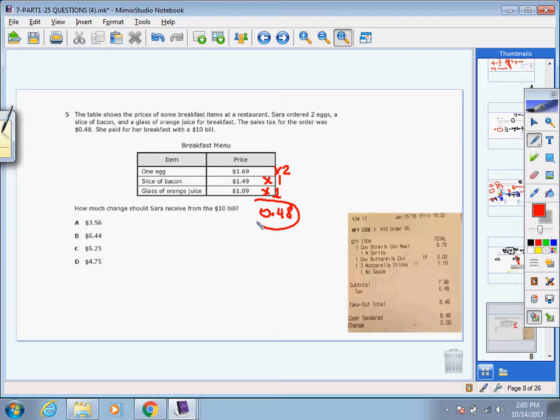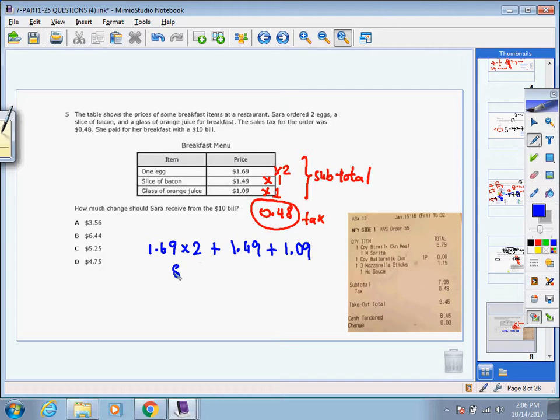This is our tax. This is going to be our subtotal when we have done, and then we have to add our tax for the final price. Once again, look at this picture. You have subtotal and then you add tax. Whatever the total amount, you are going to take it from the $10 bill. So 1.69 times 2 plus 1.49 plus 1.09. So when you do that,